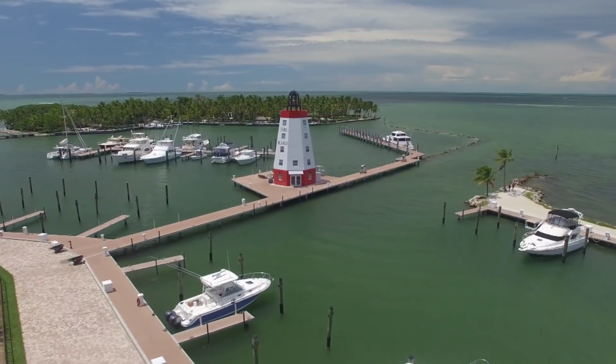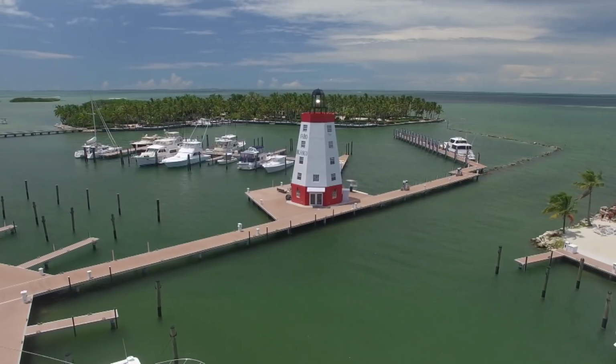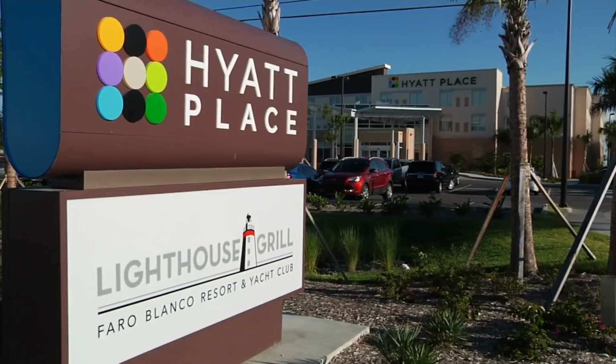Growing up in Marathon, Faro Blanco was the place you came as a kid because there was a public pool. The lighthouse is always something that you've known as part of Marathon and Faro Blanco. This is about the second time that I've actually stayed at the Hyatt Place in Marathon, Florida Keys. This was built upon the old Faro Blanco property. The Hyatt basically took this property that was defunct for a number of years and just built it up into